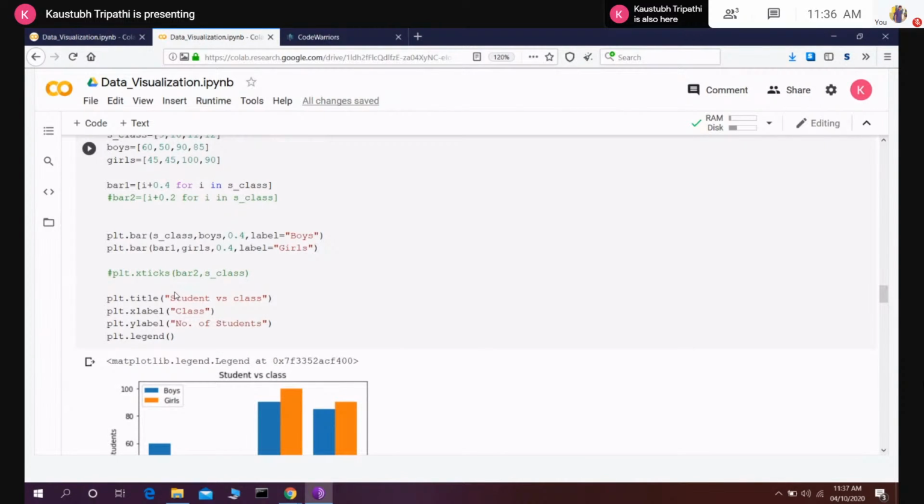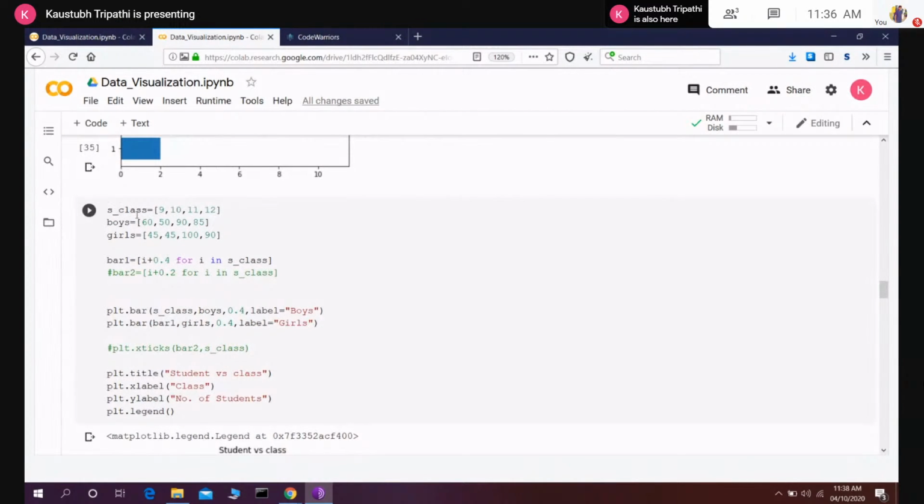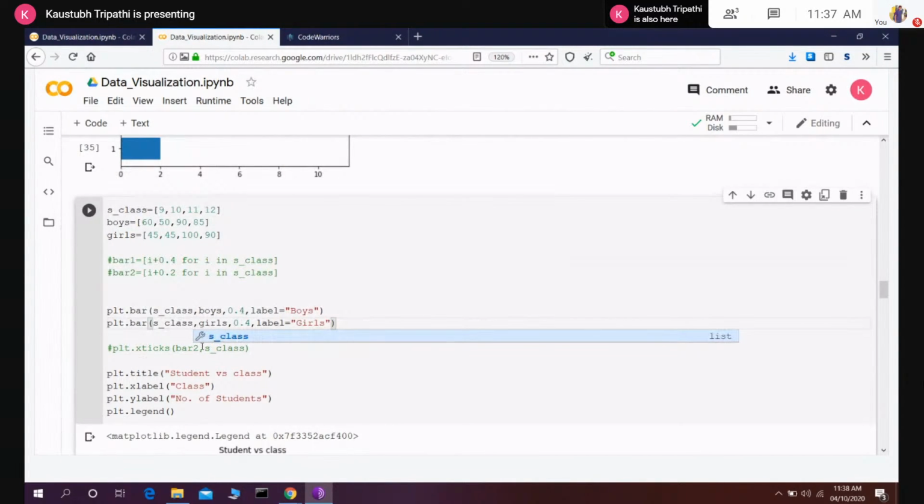You see here, I created one array of classes, 9, 10, 11, 12, as the x-axis, and I passed boys and girls as the y-axis. Then I created the axes and passed plt.bar with the class and boys, provided a width of 0.4, and gave it the label boys. Then I plotted another bar graph with the class and girls, width 0.4, and the label girls. And now if I run it,